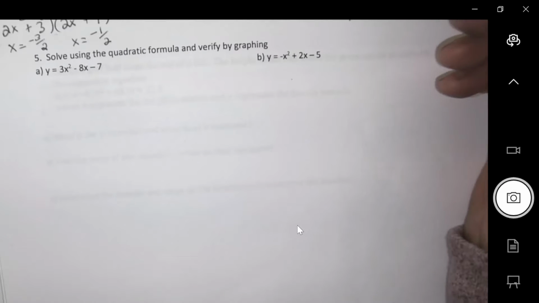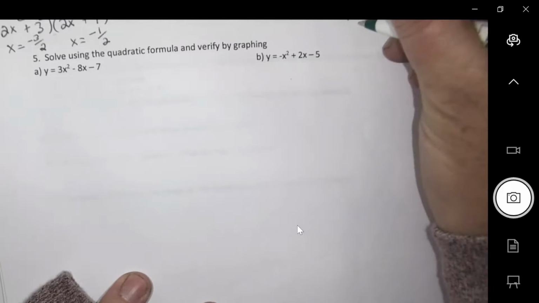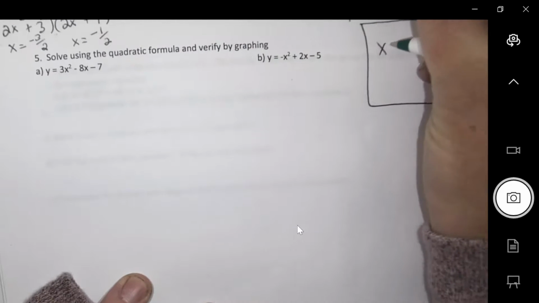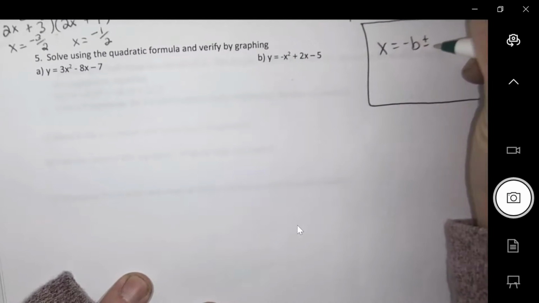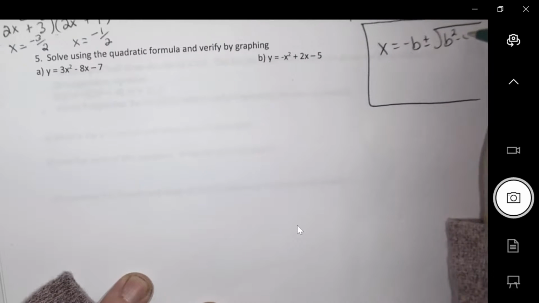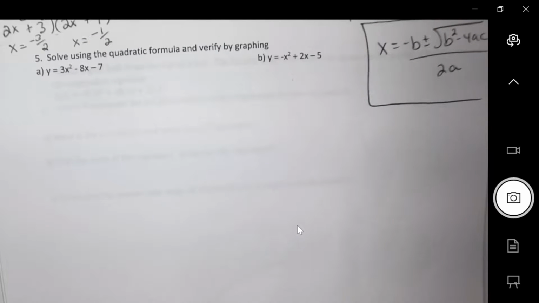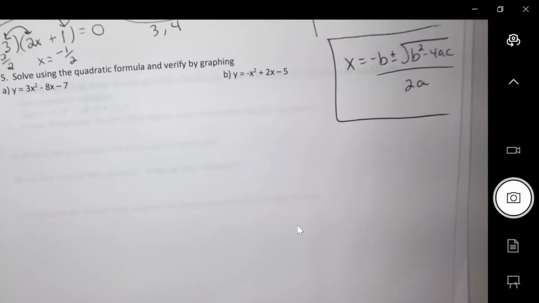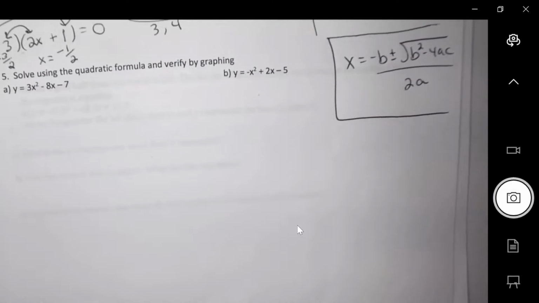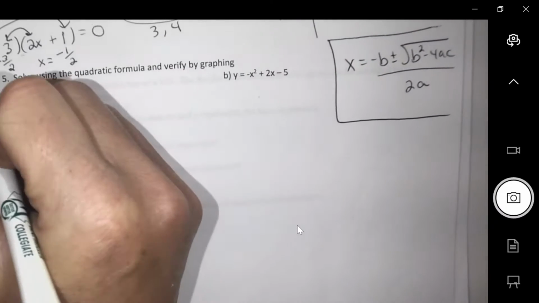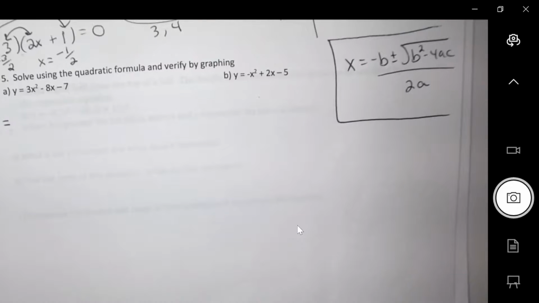Okay, so on your exam, I will have a formula for you, so you would not need to write that on your cheat sheet. So this is what you would see on a formula sheet. Okay, so you don't need it. Okay, x equals